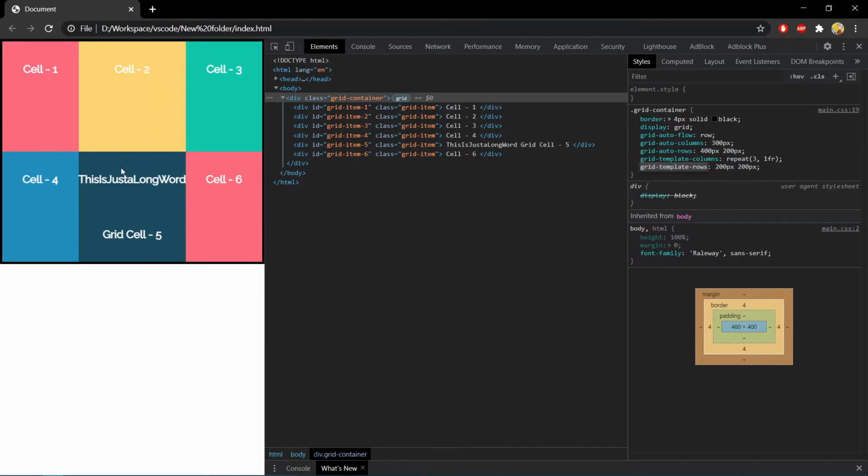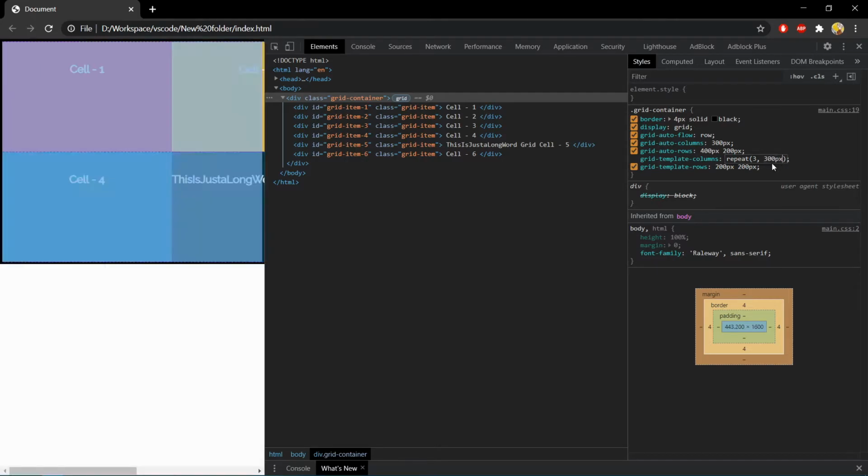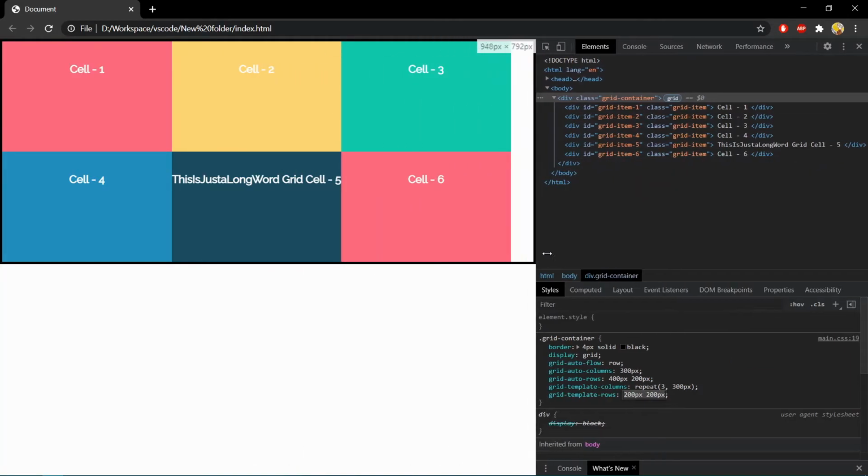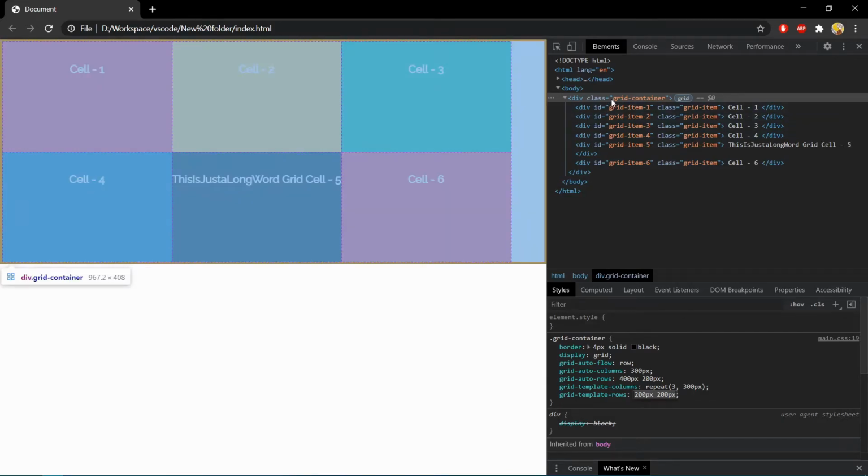As you can see, it automatically created 3 columns. You can give any value over here which we have analyzed till now. For example, let's say 300 pixel. So now you can see 3 columns got created with 300 pixel unit.